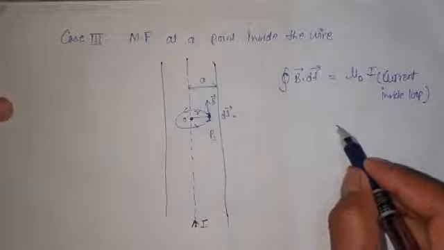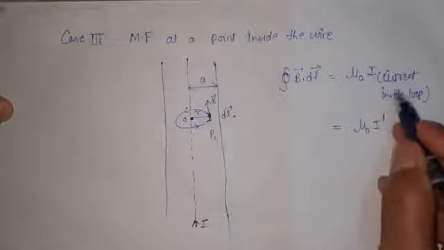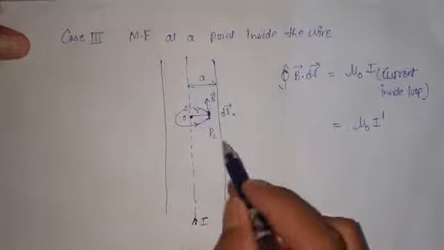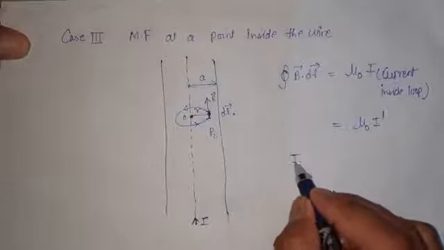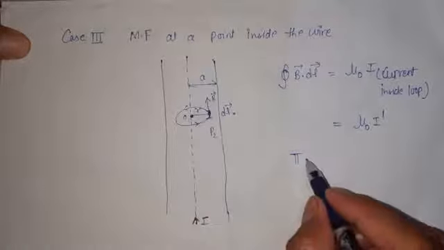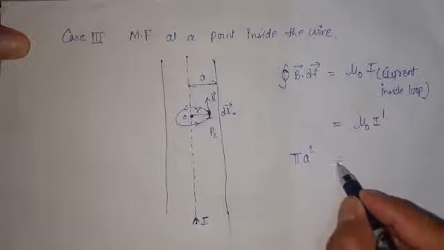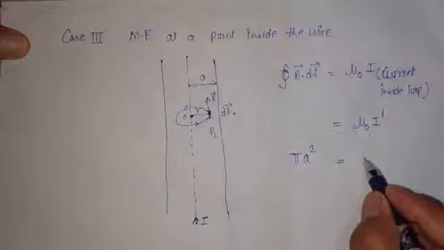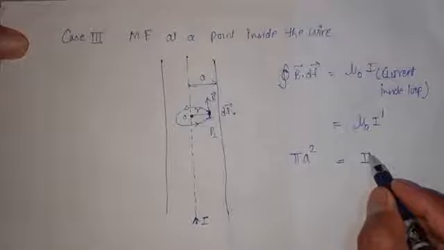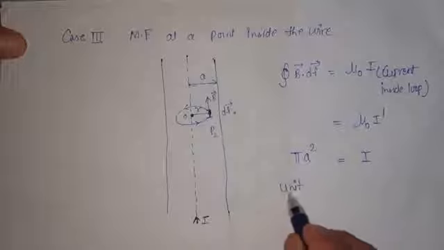So over here, let this current be I dash. Here you will find how much the area of the wire was. It had radius a, and therefore its area becomes pi a square. And how much was the current passing through this area? It was current I. Then, from a unit area, how much was the current?